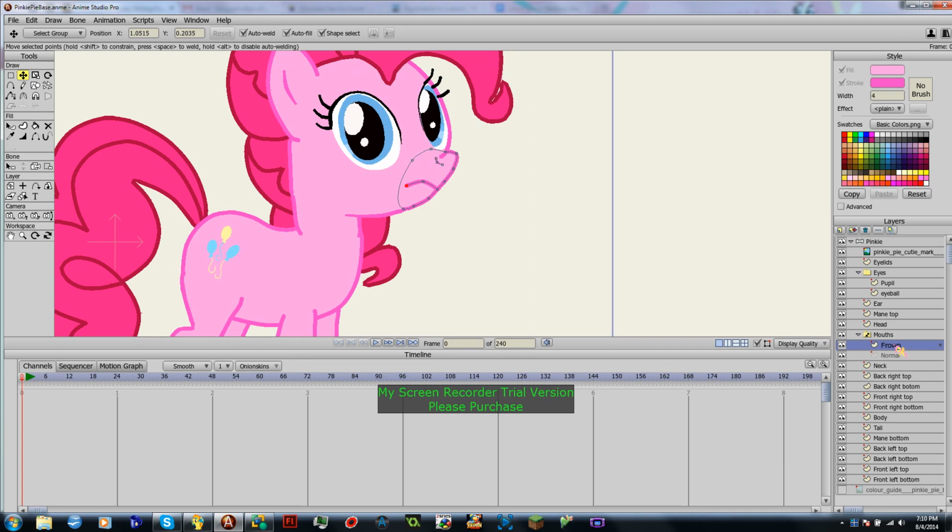So then we have our normal layer, we have our frown layer. And then you can just go ahead and duplicate these layers. Just name this